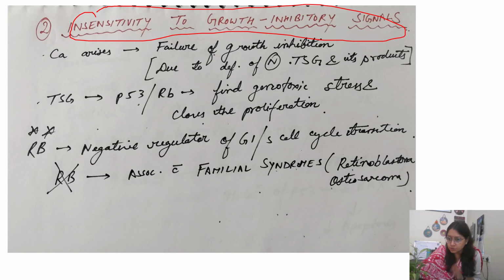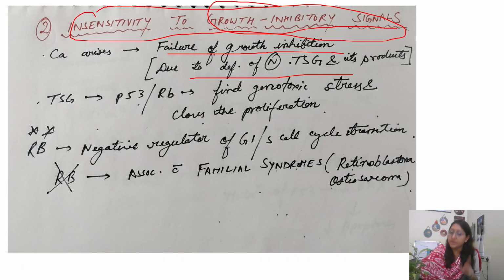So cancer cells जो होते हैं वो भी क्या करते हैं, they become insensitive to your growth inhibitory signals. मतलब उनको फर्क ही नहीं पड़ रहा कि इनहिबिशन के लिए उनको सिग्नल दिए जा रहे हैं, they keep on proliferating. So like carcinoma arises when there is a failure of growth inhibition due to deficiency of your normal tumor suppressor gene and its product. उसको हम कहते हैं tumor suppressor gene. तो tumor suppressor gene अगर functional है मतलब कैंसर ग्रो नहीं करेगा. अगर ट्यूमर सप्रेशर जीन में इनहिबिशन हो जाती है तो कैंसर सेल प्रोलिफरेट करने लगते हैं.